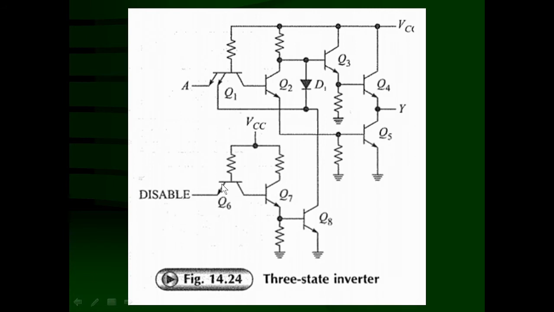Just opposite to this, if the decibel input is going to be high, here there is a plus 5 volt. Here also there is a VCC, almost plus 5 volt will be there. So the base-emitter junction of this transistor is going to be reverse biased, and hence in this direction current does not flow. So the Q6 base-to-collector junction is going to be forward biased. We'll see that transistor Q7 is conducting and transistor Q8 is also conducting.